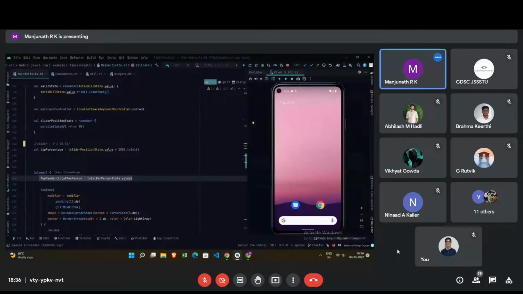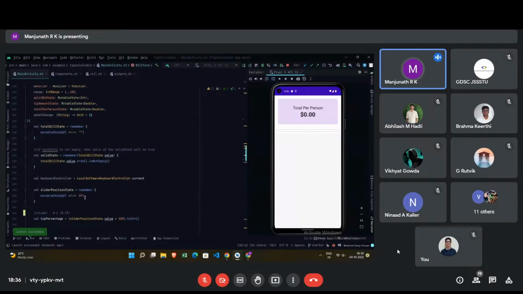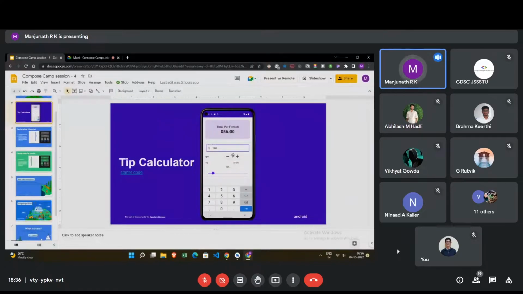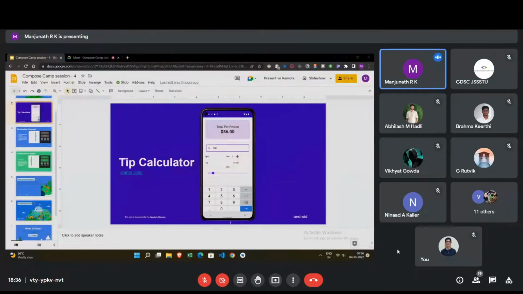Code is running. So if you see, we are getting this top header, right? And it is expected. But after this, we should be getting this bill form, right? Enter bill, split options, and this tip percentage and all. But the reason why we are not getting that is probably due to the fact that